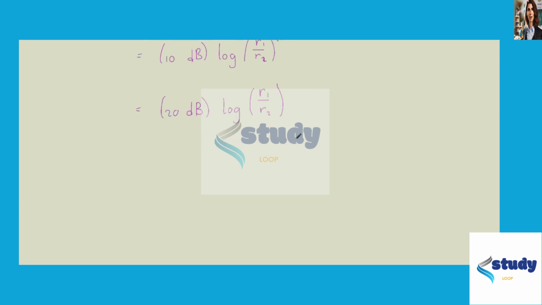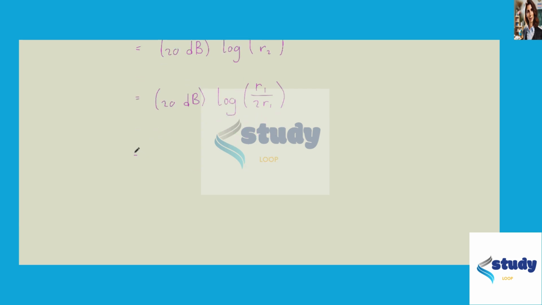But we know that his second distance from the source is twice his initial distance. So if we put that in, we get this to be 20 decibels times the log of R1, and then he doubles his distance to 2R1,